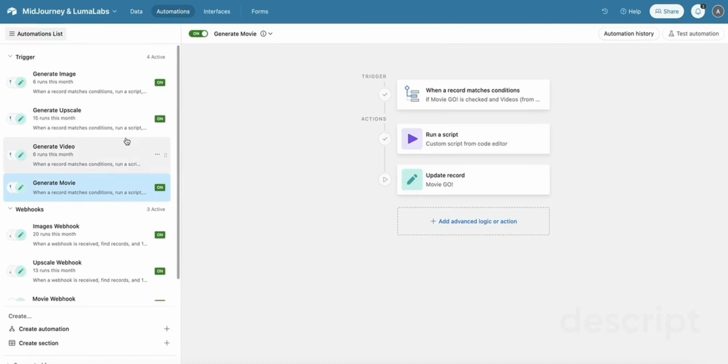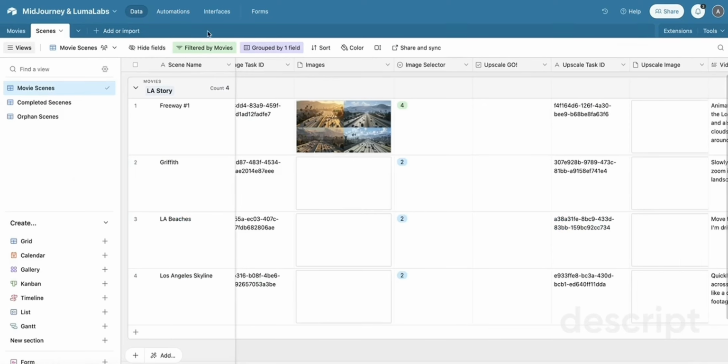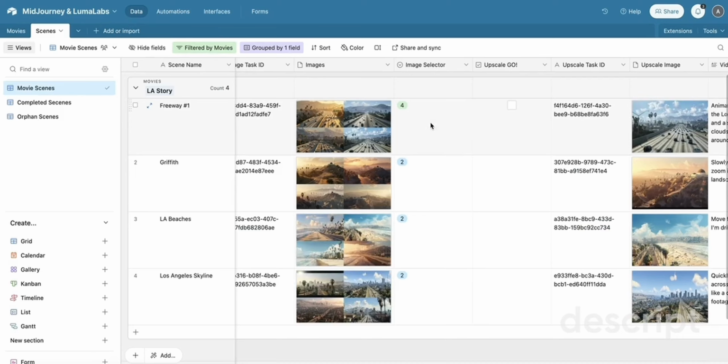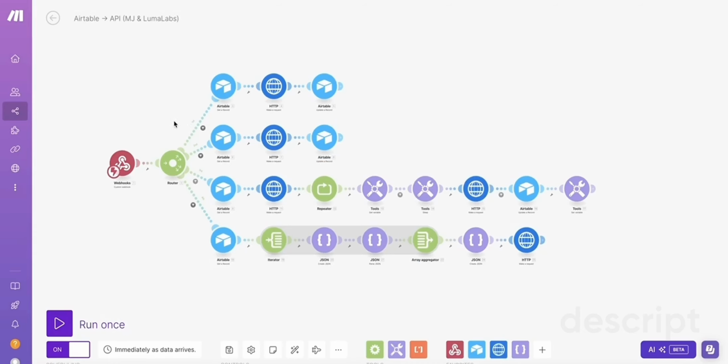This is a native automation, by the way, from Airtable, and it sends events to our integration automation system, which is Make.com. So once you send the request of upscaling a particular image that you selected, it will be picked up by the webhook, which then routes it, by this router, to this second line of modules, which basically does the same thing as the first line of modules that we have. Only this time, it will ask Midjourney to upscale the image. Once done, it will be sent back to Airtable, which would then give us the upscaled image of the image